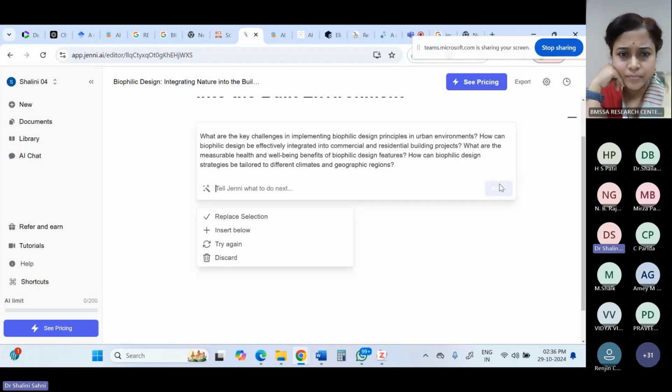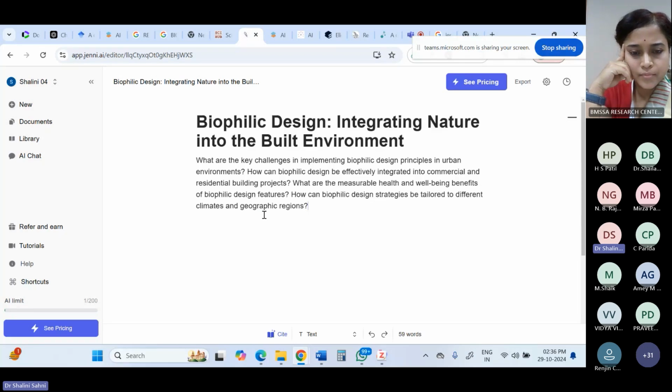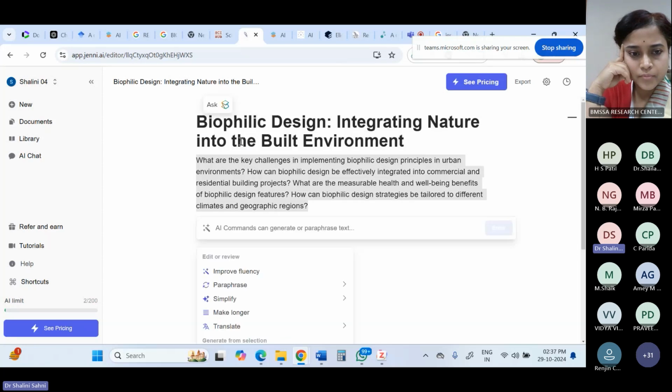So can you see the research questions have been generated? What are the key challenges in implementing biophilic design principles in urban environments? How can biophilic designs be effectively integrated into commercial and residential building projects? What are the measurable health and well-being benefits? So if you want, you can just keep this. In case you feel that these are not okay with you, you replace the selection. And now we have again, if you want a few more, you accept this, right? And otherwise, in case you want some other thing to be repeated, you can just give a few more